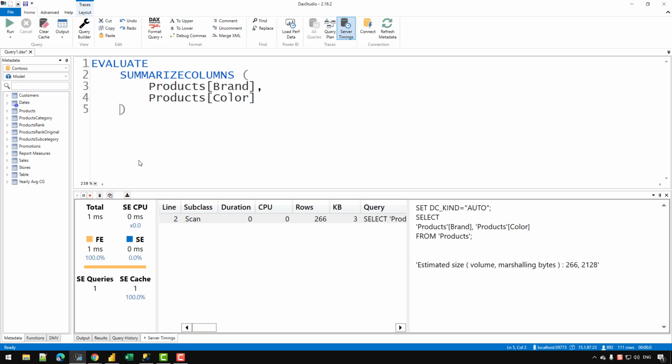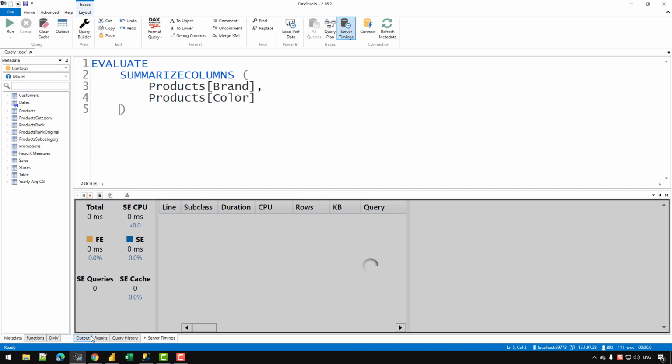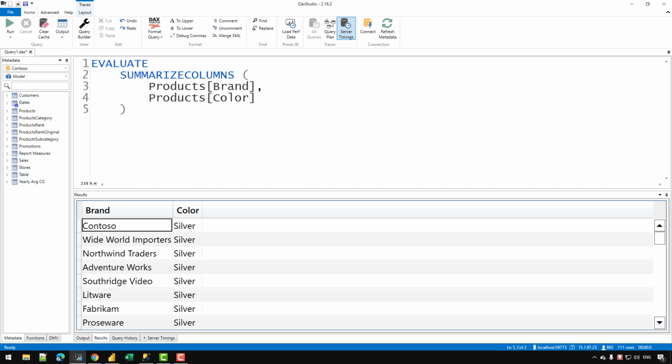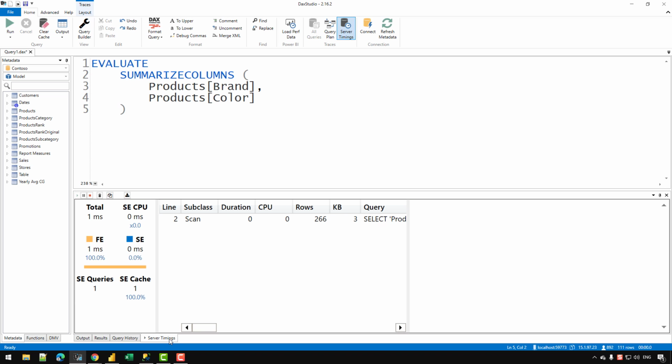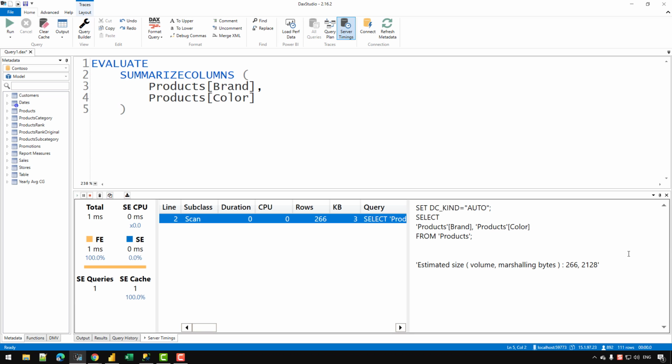All I need to do is simply close that and press F5. And if I go to the results pane, you can see that I get 111 rows with the same values. And if I go to the server timings tab, the code that is executed is still the same as we have seen in case of distinct, summarize, and group by.